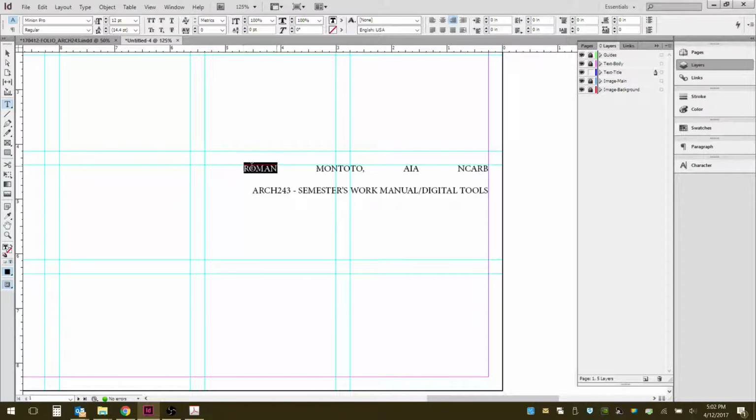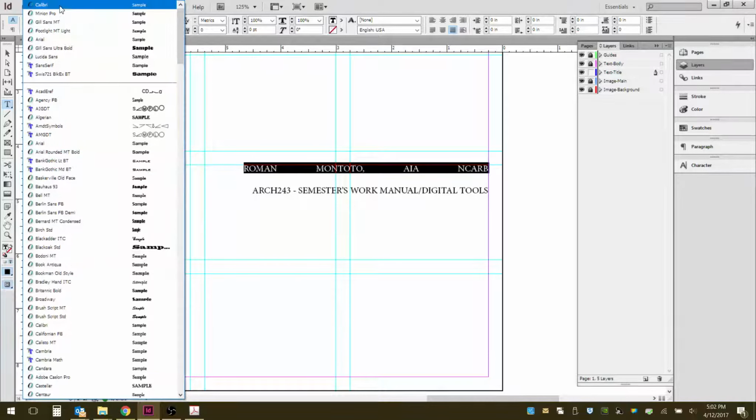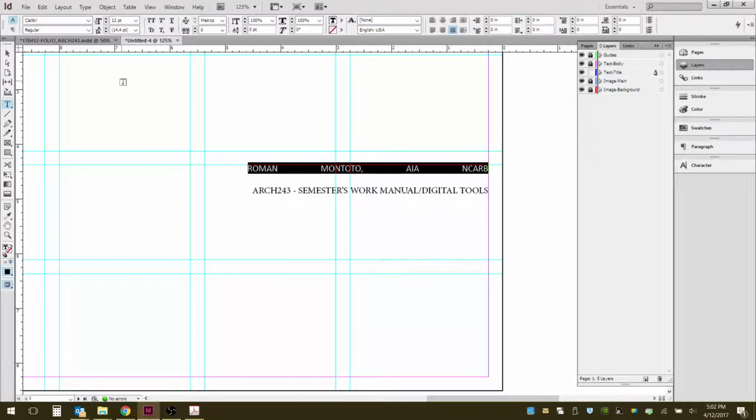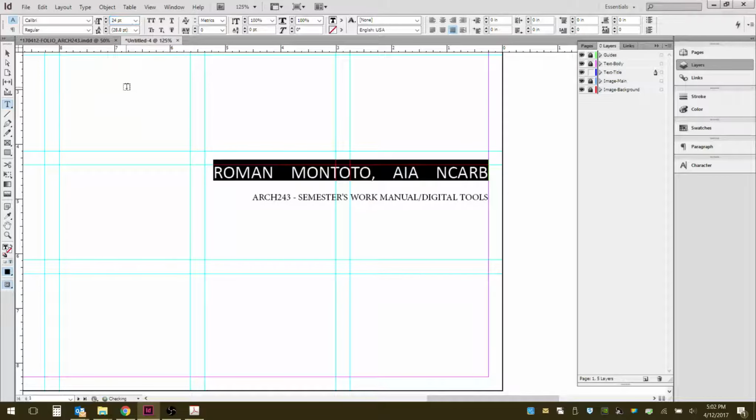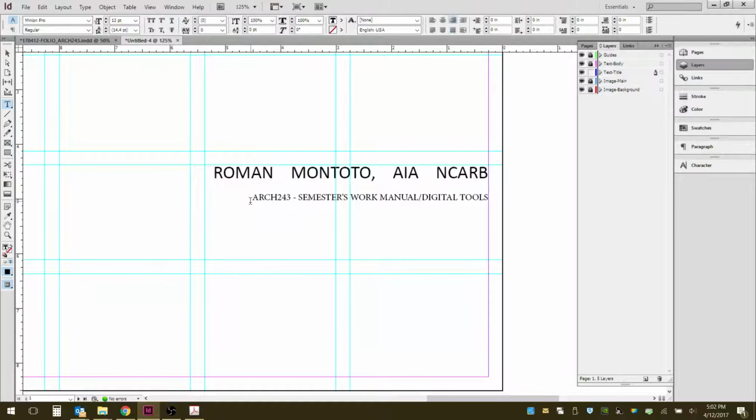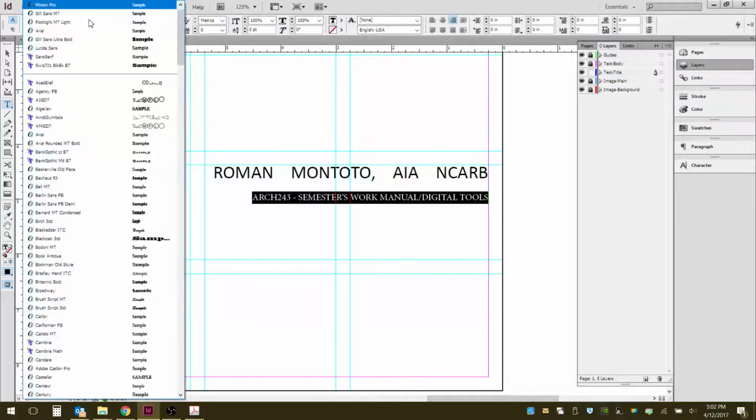Maybe I want this text to be bigger and a different font. I like that font there. I'm kind of into that font, Calibri, for whatever reason. I'll bump that up. Oh yeah. And then this maybe can stay small. And I'm going to go back to that Calibri